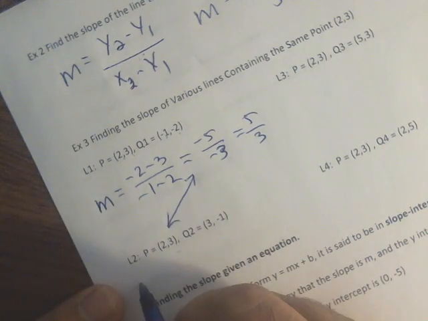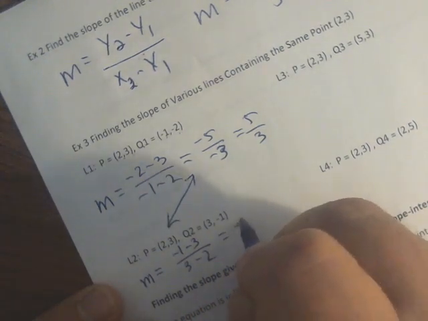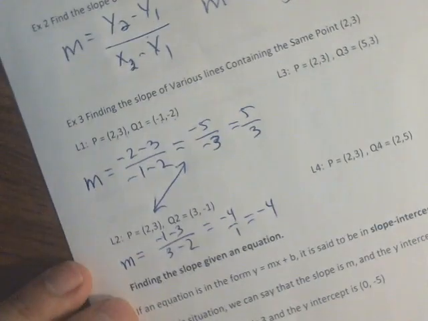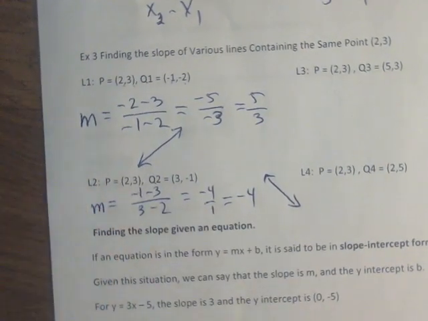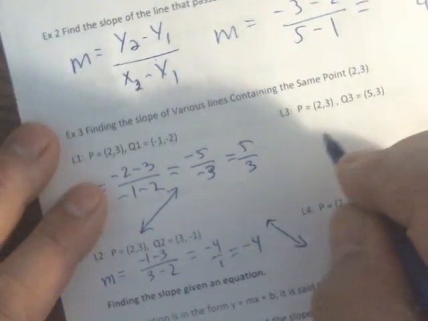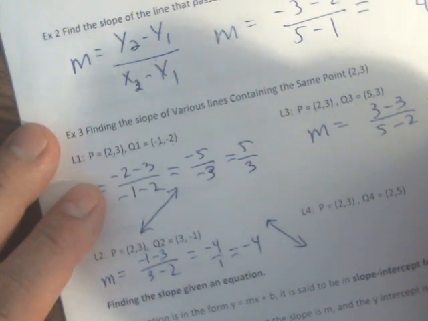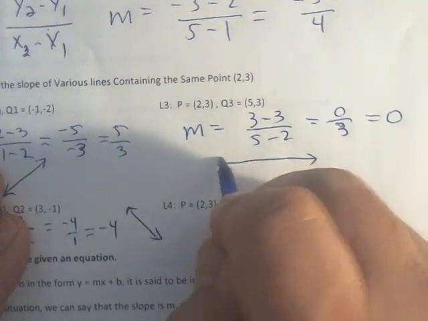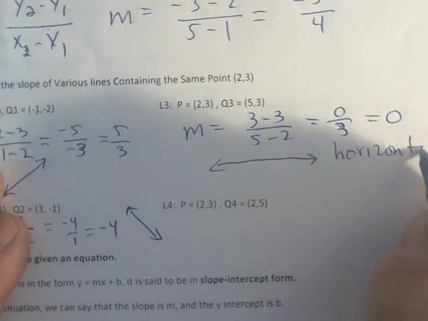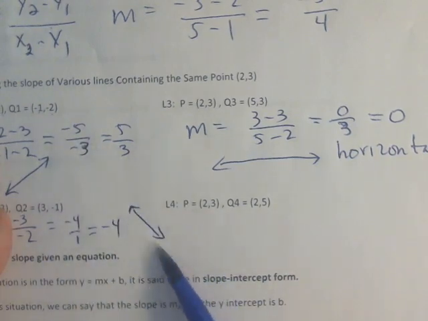Second line, I would take my -1 minus 3 over 3 minus 2, and I get -4 over 1, which is just -4. And this type of slope, the line would decrease. So a negative slope, the line goes downhill as we go left to right. The third line, I do my difference in my y's over my difference in my x's, and I get 0 slope. And 0 slope is a horizontal line. So you've got positive, negative, horizontal,